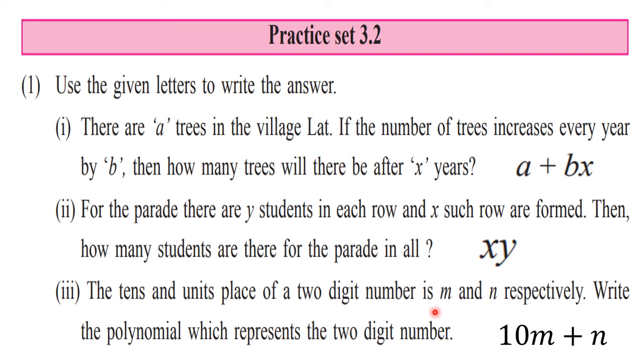Okay. Always keep in mind, whenever you want to write down a two-digit number using letters, in algebraic expressions or in polynomials, it should always be like this. Tens place, so multiply by 10 and write down that alphabet, plus units place, so multiply by 1 and write down that alphabet. Okay, you know that here we need to write the place value, not the digit. I hope you must have understood the first question. Now let us go towards the second question.